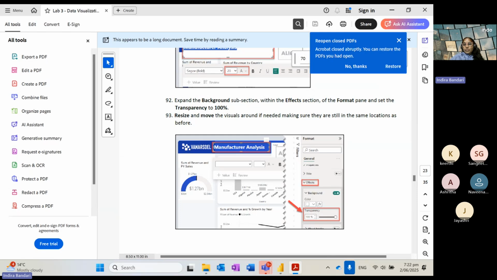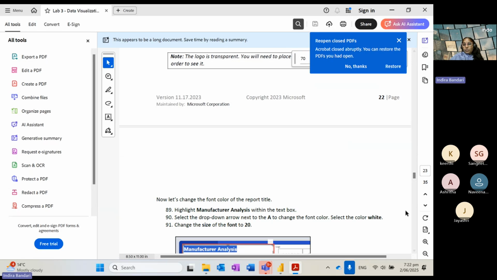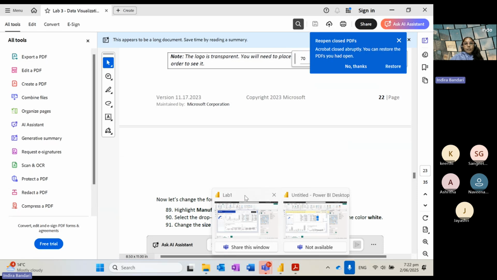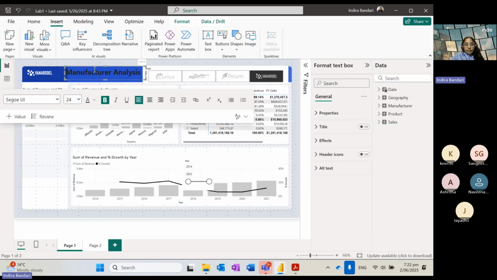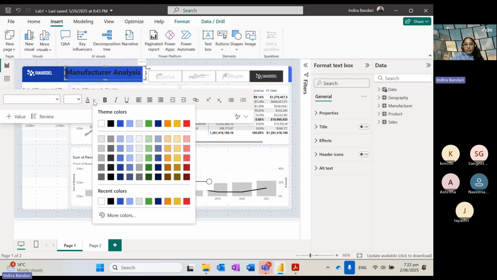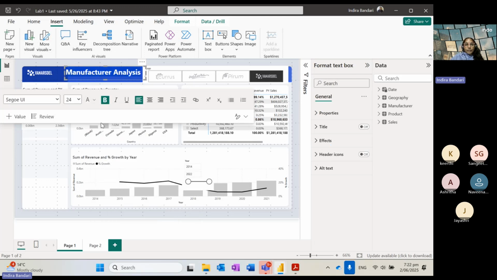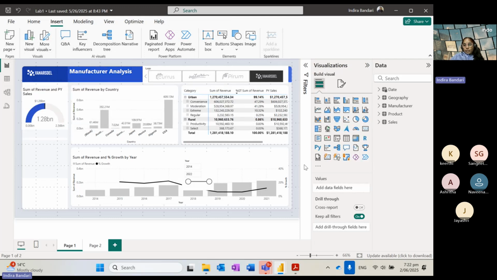Oh, and we need to change the text title to white. So where do we do that? Oh, size, font to white, to 20 as well. Okay, let's go do that. So I'll select this one, Control A, and then in the A, you can choose the font color as white, and change the text size to 20. And that way you can resize it more effectively. Okay. Next comes